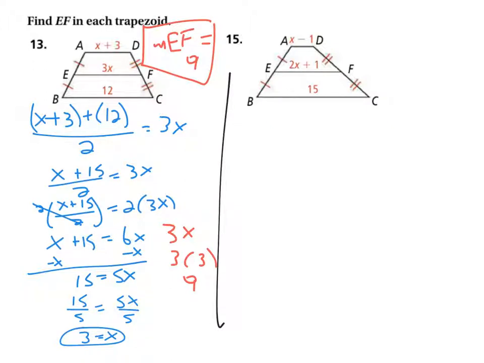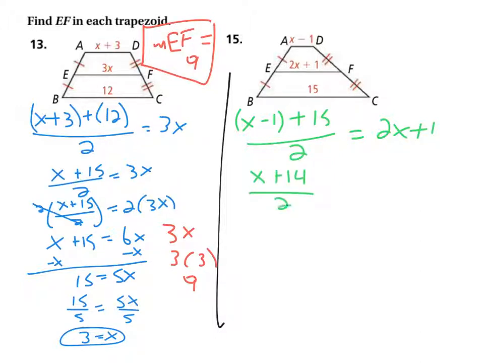All right, let's do the other one. Hopefully you see just how this is working. Okay, so let's do the other one. Let's use green this time. We can say x minus 1 plus 15 divided by 2 equals 2x plus 1. And of course, we combine like terms, we get x plus 14 divided by 2 equals 2x plus 1,